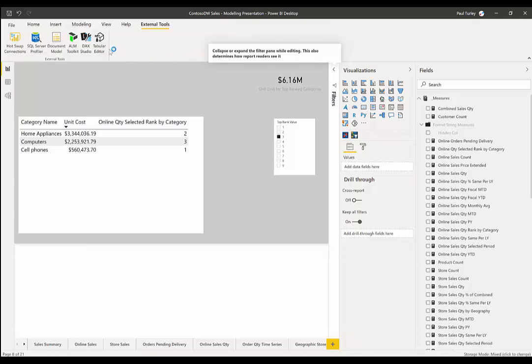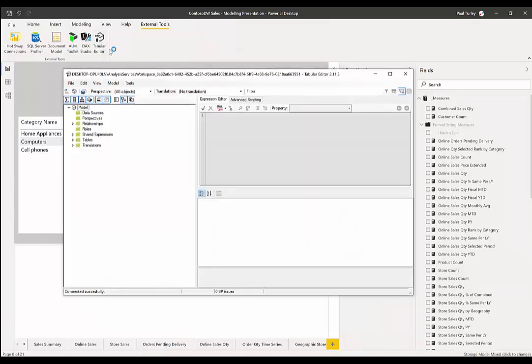Now I'm going to open up Tabular Editor. This is a must-have tool for the enterprise business intelligence and analytics developer. Hands down, absolutely a necessary tool. There are capabilities in the VertiPaq tabular engine within the platform that Power BI uses that are not exposed through Power BI Desktop, and this tool will expose them.